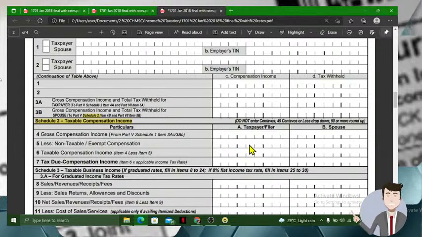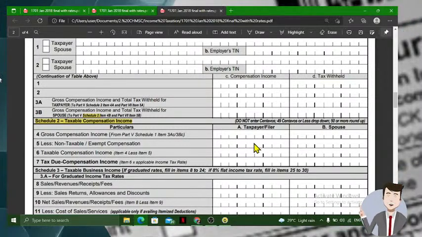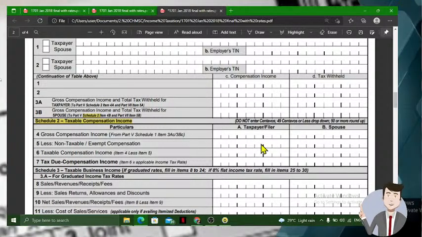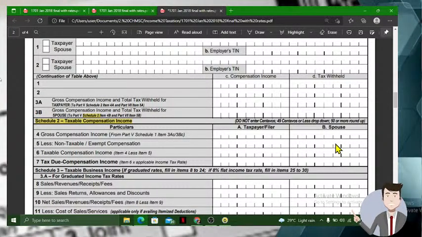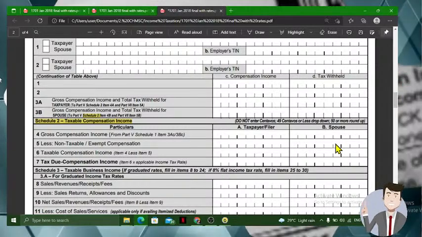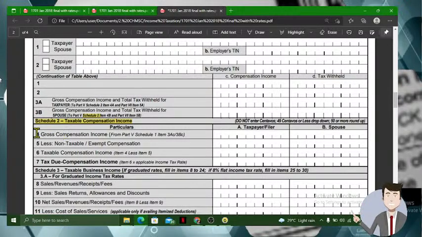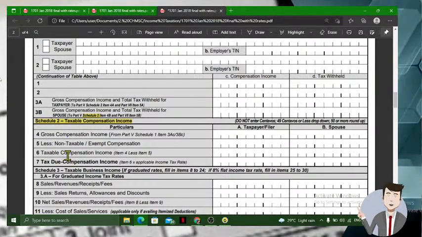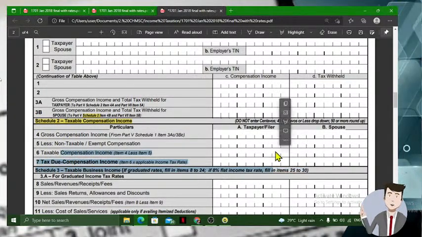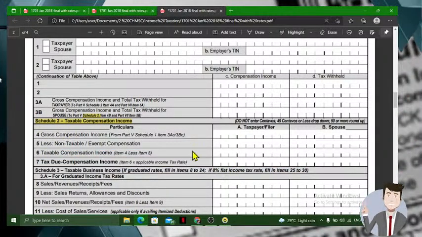So this should be declared. The 90,000 should be declared in this row for the taxpayer and for his spouse if it is a joint filing. So the difference, 4 minus 5, will be your taxable compensation income,